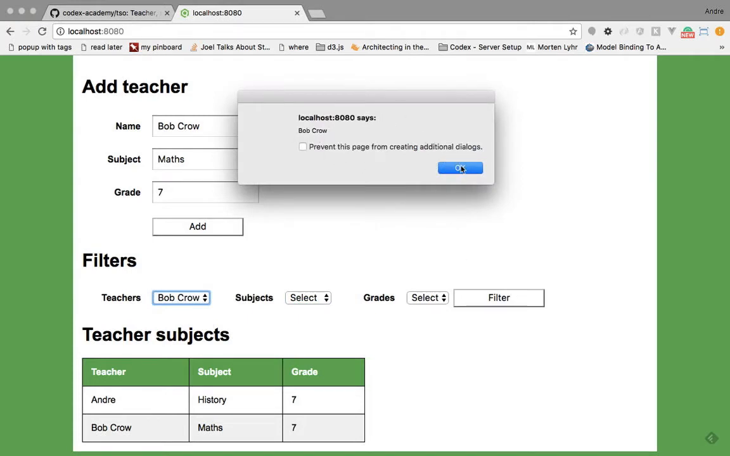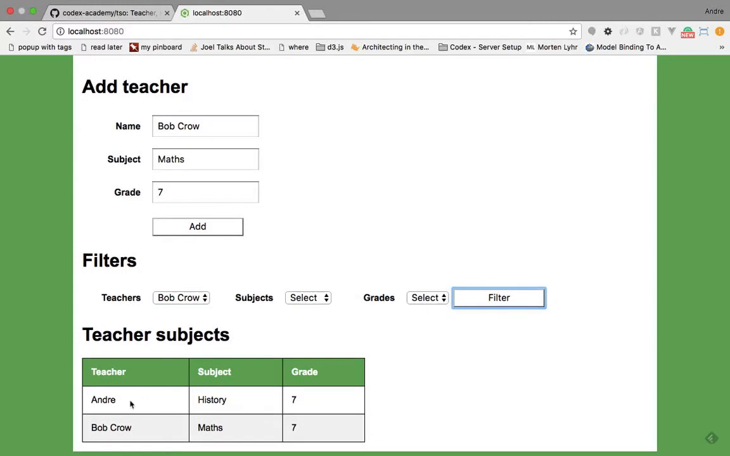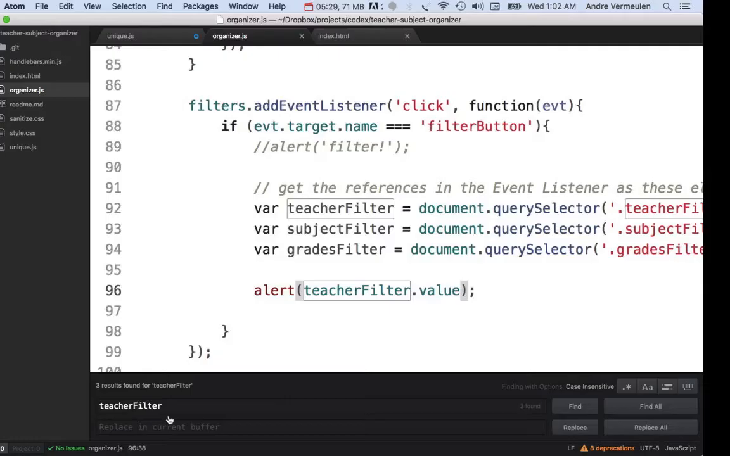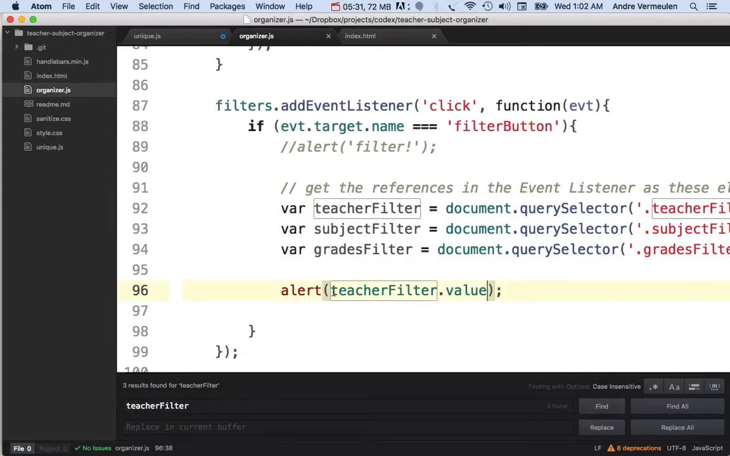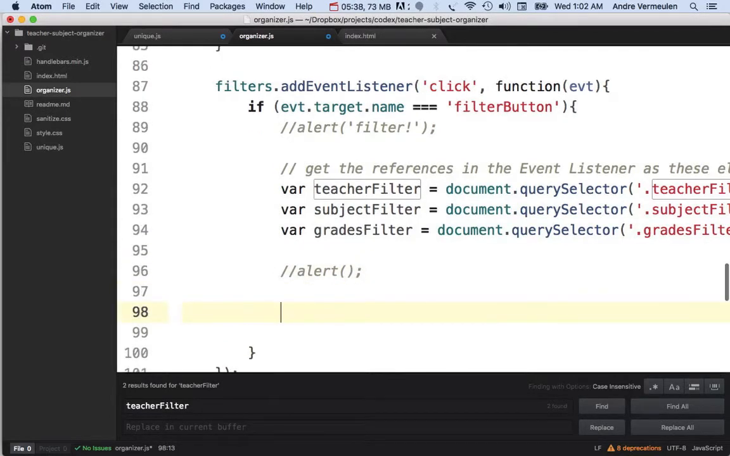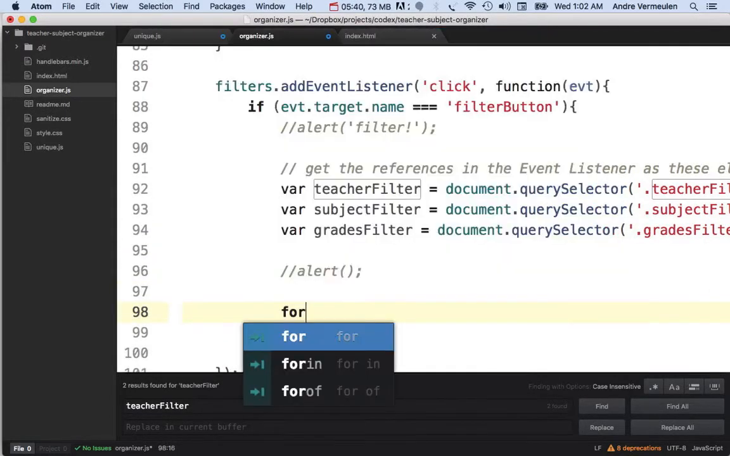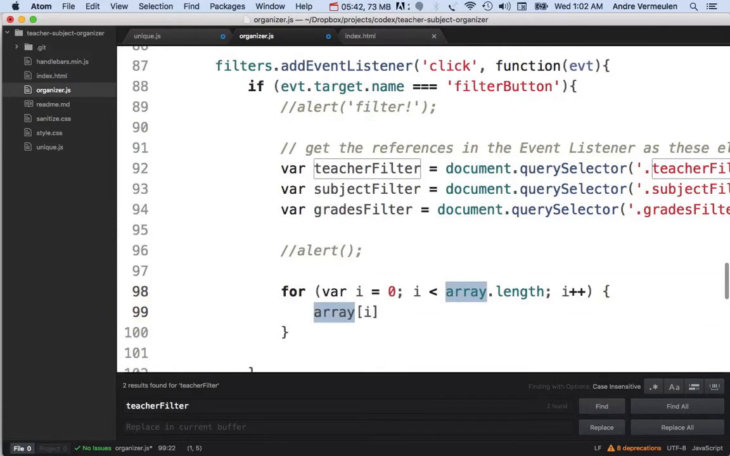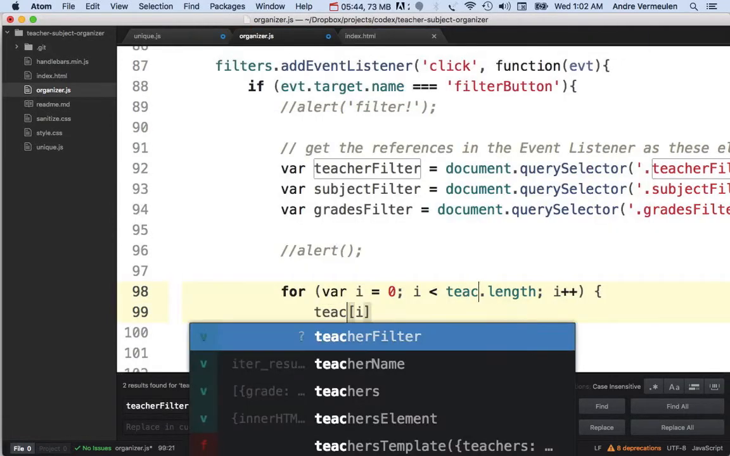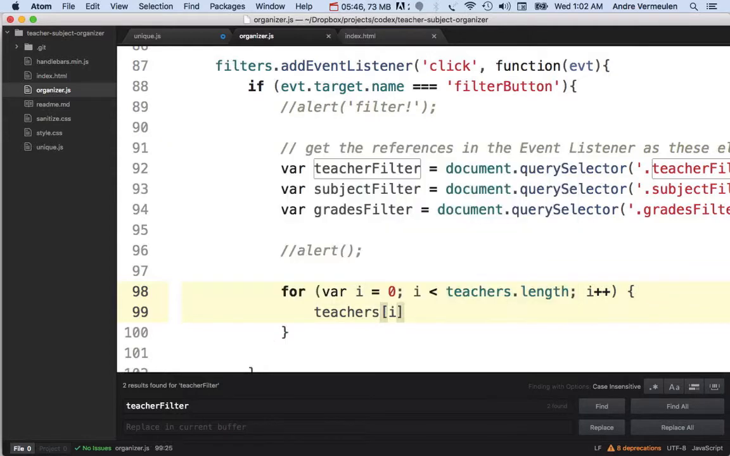So now what I can do is I need to actually start filtering my data. So in this case I only wanted to see Bob Crow down here. So what I now want to do is start using this value that I have captured here. So in this case we want to loop over our data. In this case the data we want to loop over is teachers. Okay, so I want to say in this case